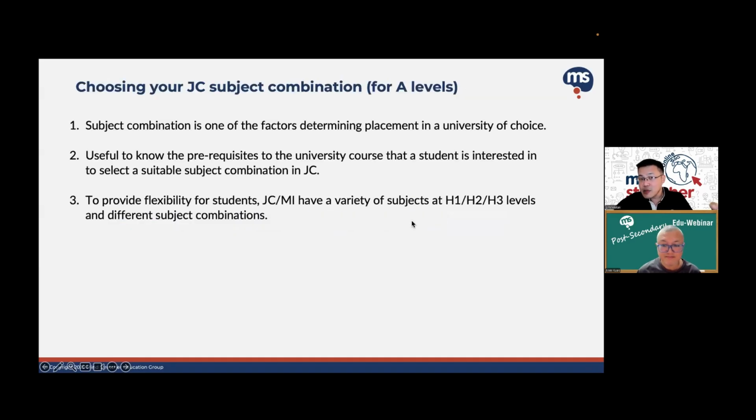Okay, so next, just to look a bit, we have touched on a few things. We have talked about IB versus A-level track. We have talked about the points. So I've gone through with you all the tools. So now I'll talk a bit more about the subject combination, right? So some of you here may already start to know that. And for those of you who went to JC open houses, you will have heard from them also.